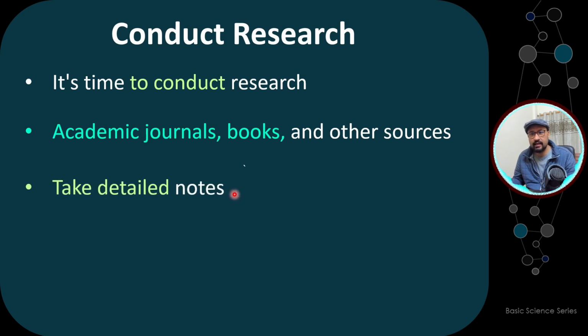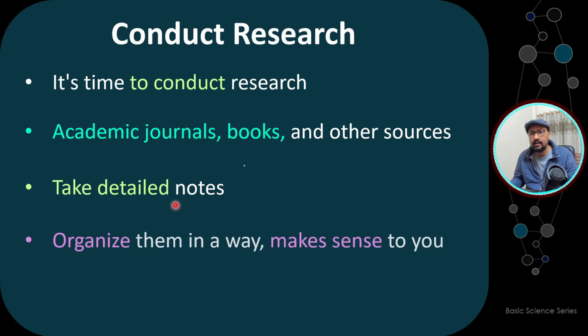Next is take detailed notes. Now take out the article and try to read it very, very thoroughly and see what they have done, what is the significance of that research, and where they have stopped, and is there any loophole or is there any gap they are trying to mention. This is how you can find out that particular gap and work on it. And once you find that gap, it will be easier for you to do more research, and the chances of getting published are very high.